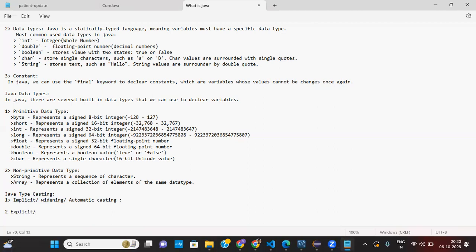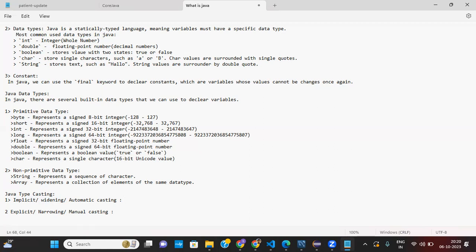In automatic casting, which is widening or implicit casting, the casting occurs when we convert a smaller data type to a larger data type.